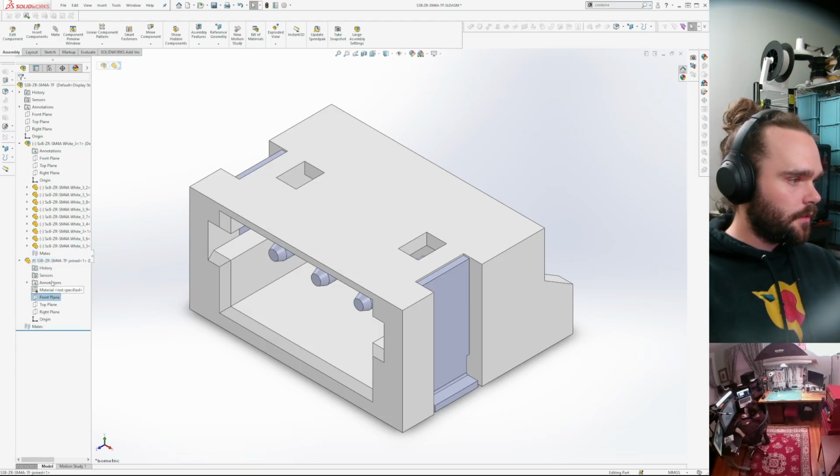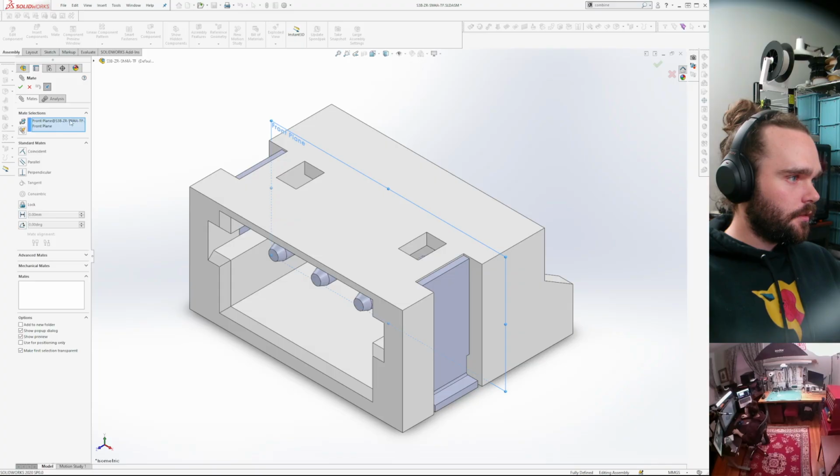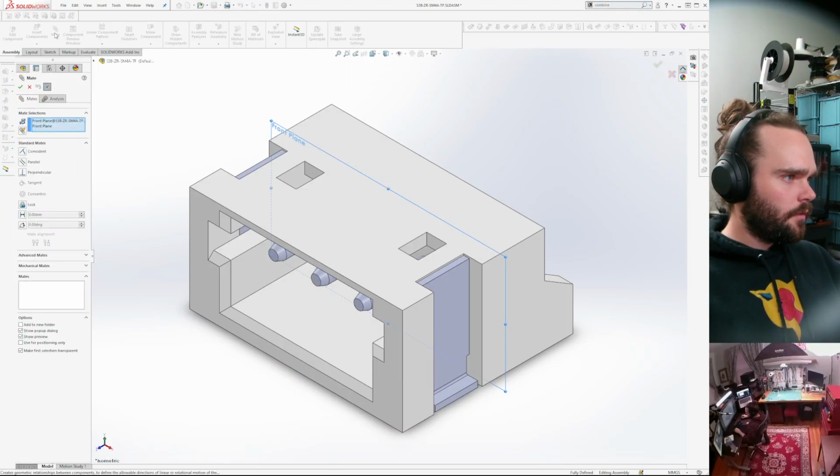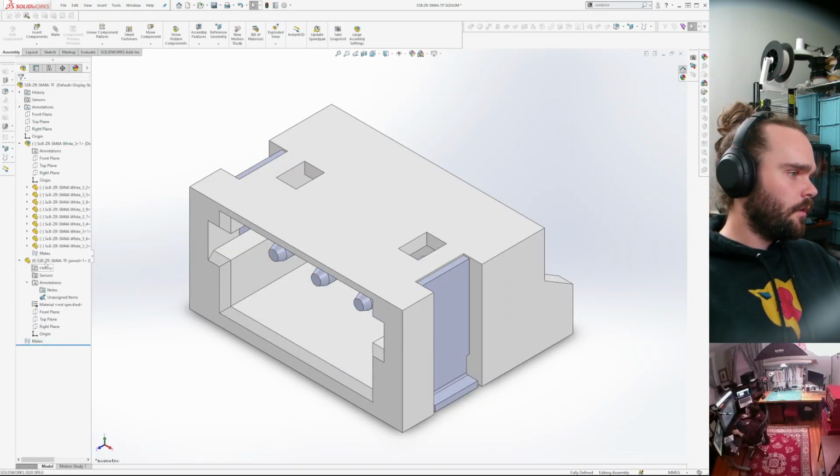So let's fix it into place. Both are fully defined. This guy, we got a float.